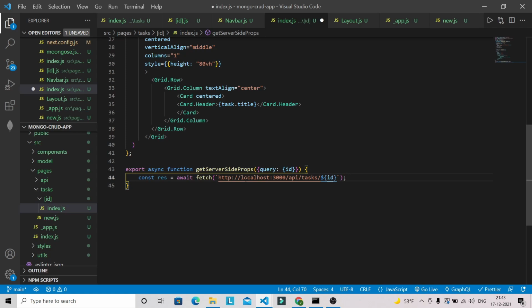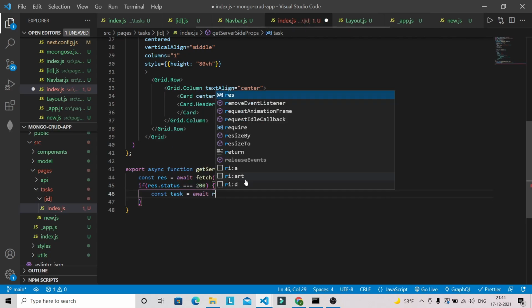After that we have to check if response.status is equal to 200. That means we have got our single task based on the ID.